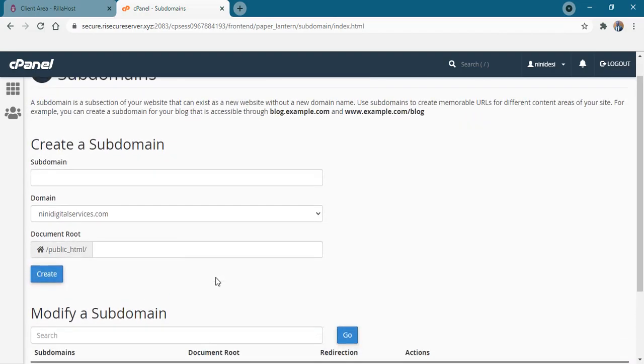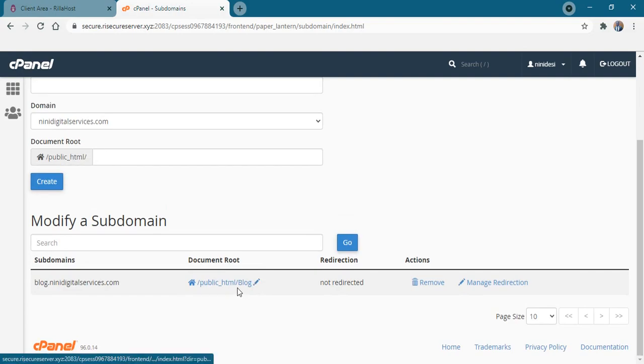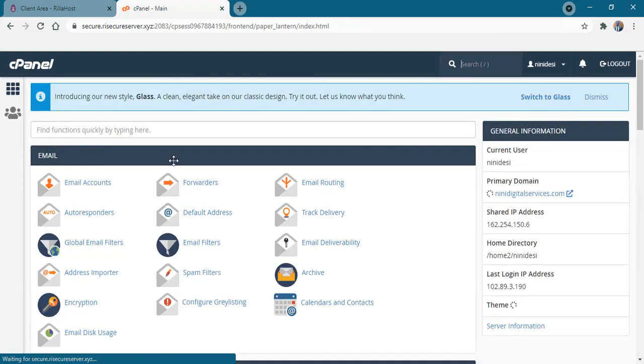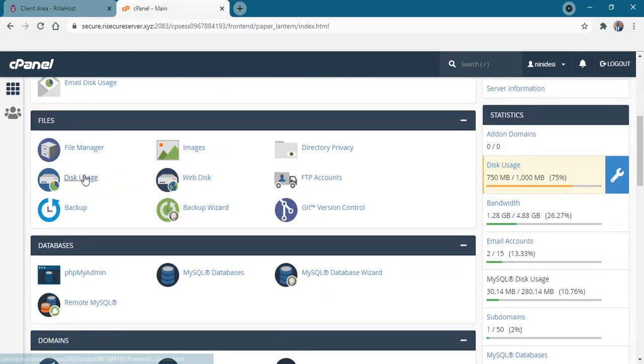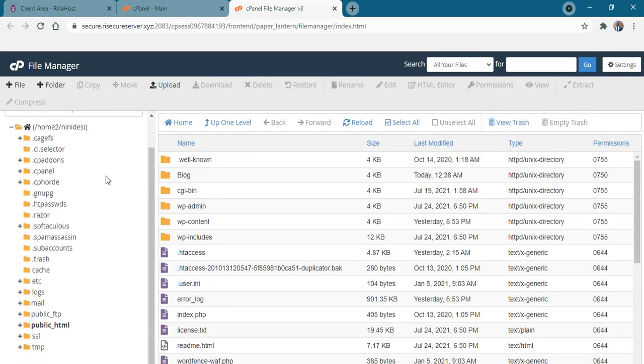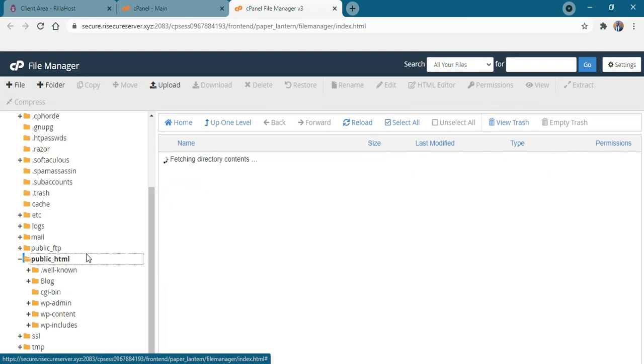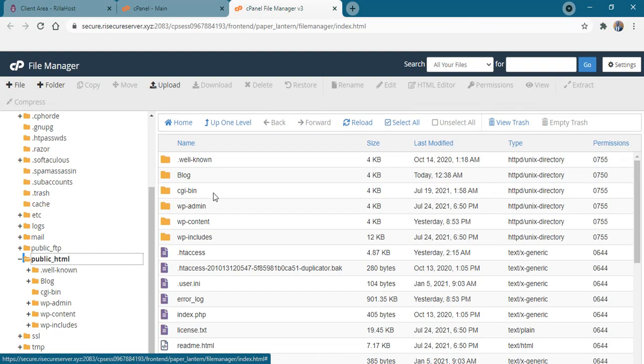After creating the subdomain, I would like to show you where this subdomain will be located. Let's go to our cPanel, and then we can go to files, and inside the files folder we should be able to see the public HTML folder. Here it is, public HTML. Inside the public HTML, we should be able to see blog here. Look at blog. If we want to host a website directly on the main domain, we will have to directly put the content on this part, which is the one that is appearing.